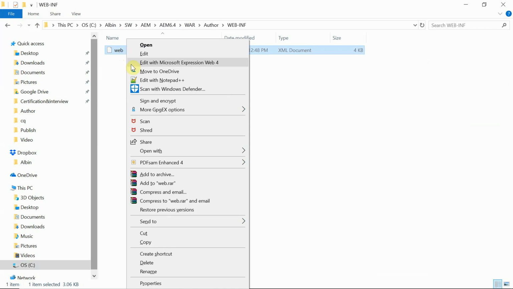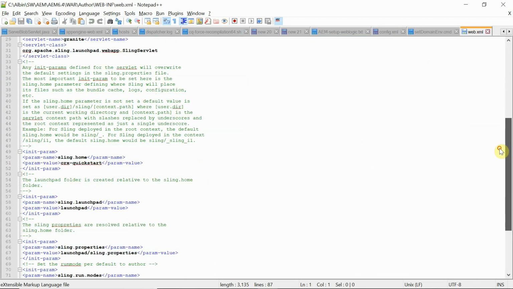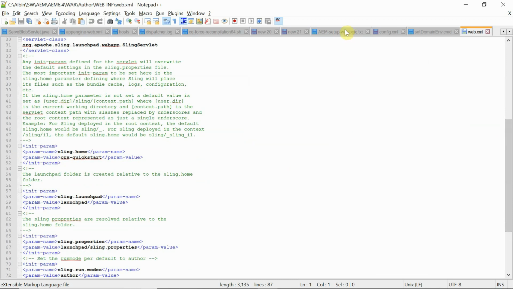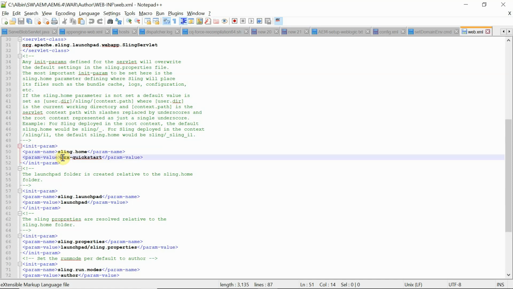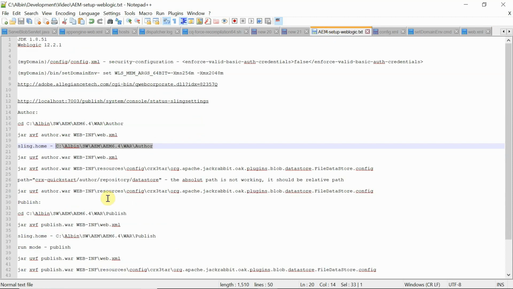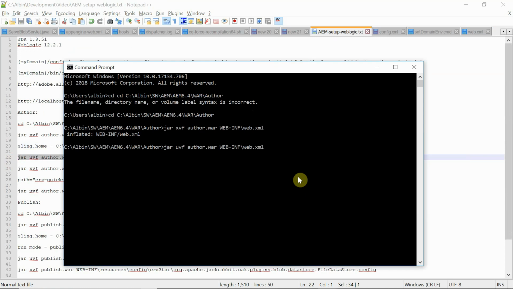I will go here. Here you will find one property named sling.home. I'm going to change the sling.home to my custom path. Okay, I changed this. Now I want to update this into the var file. Going and updating this author var with this.